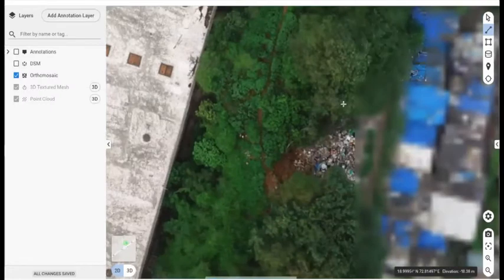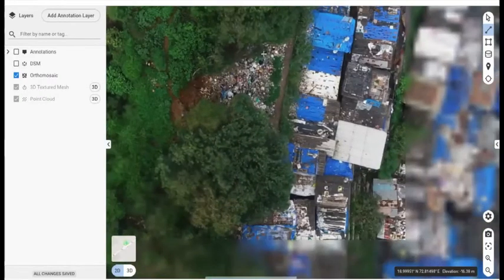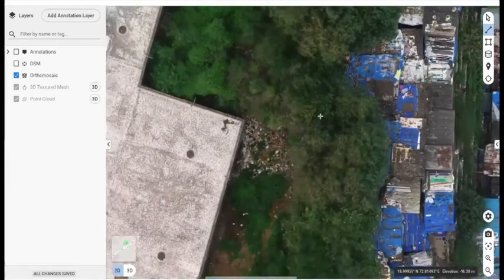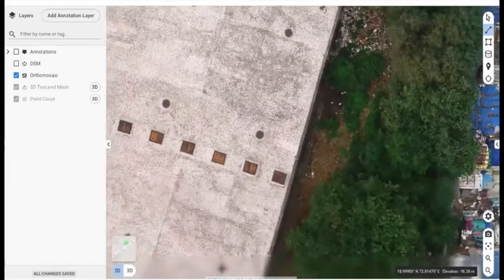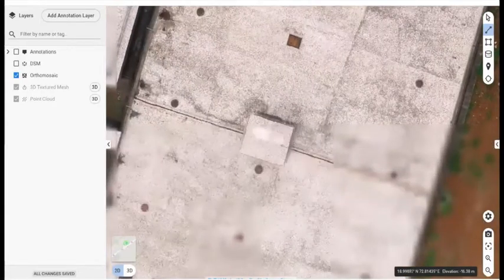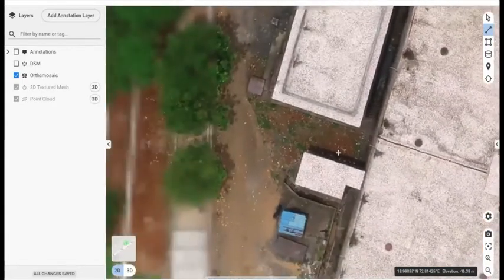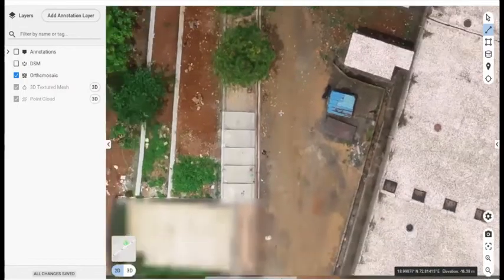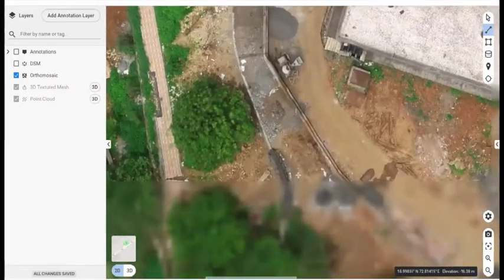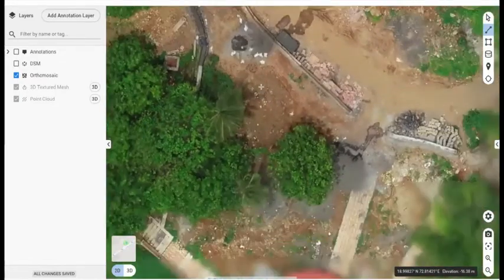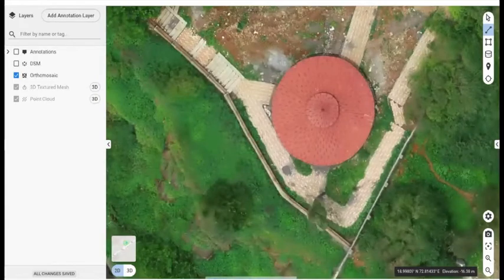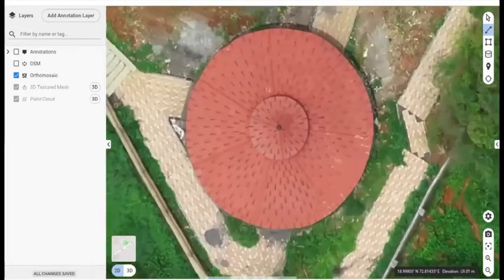The resolution typically is approximately 5 centimeters per pixel. That's the kind of resolution you get in an orthomap produced by a drone survey. I'm making you go through this again so that you can understand how even minute details are visible in this map. And you have full control. You can always zoom further and see much more detail.